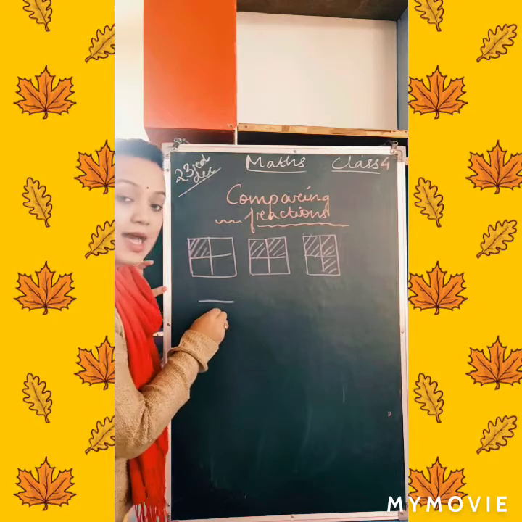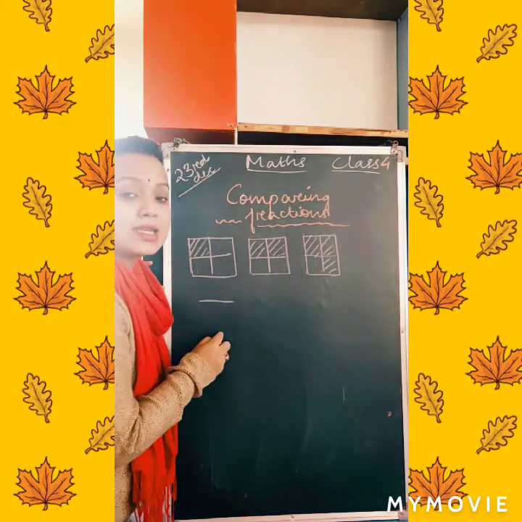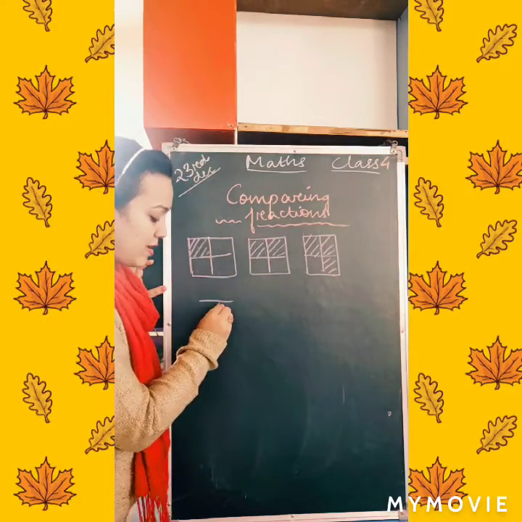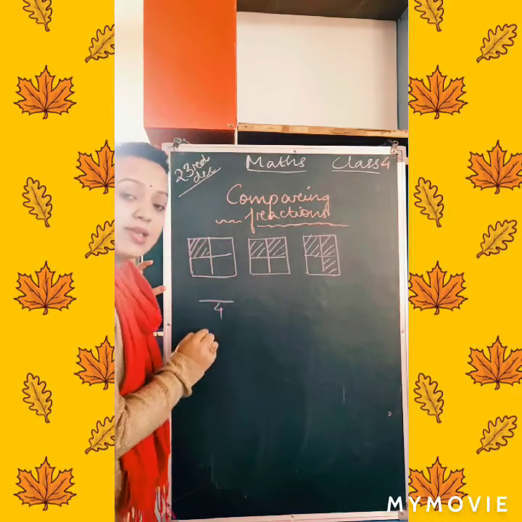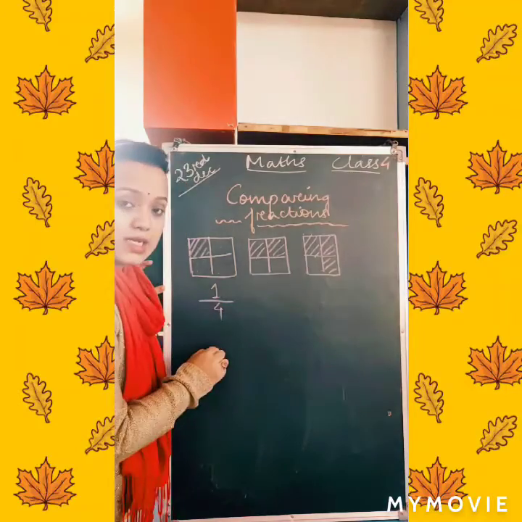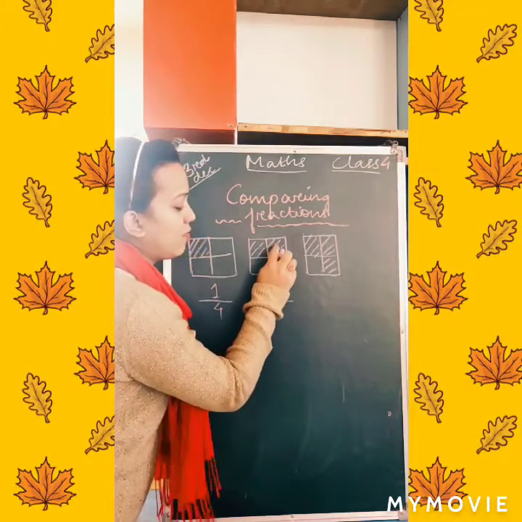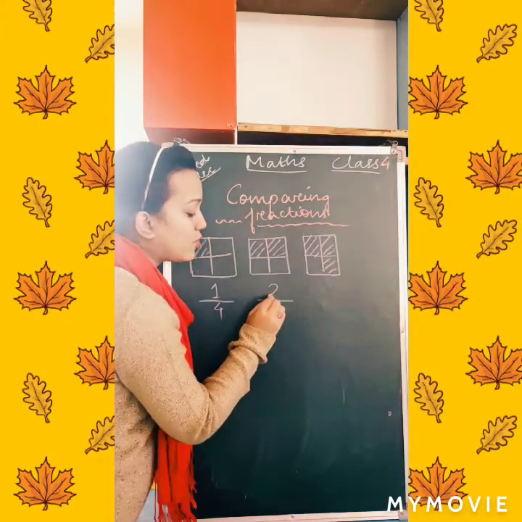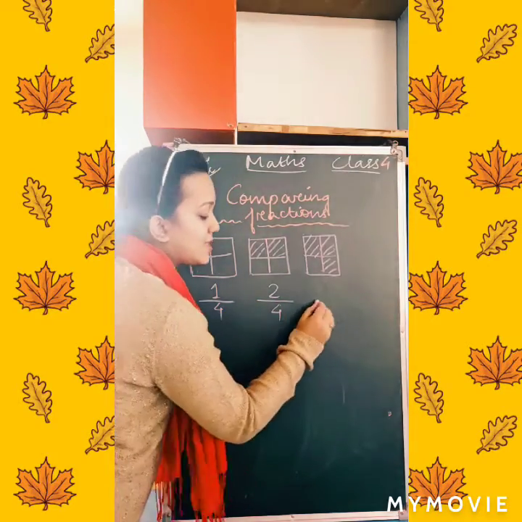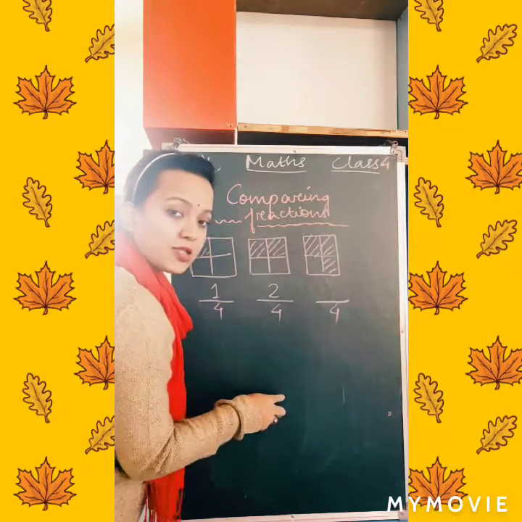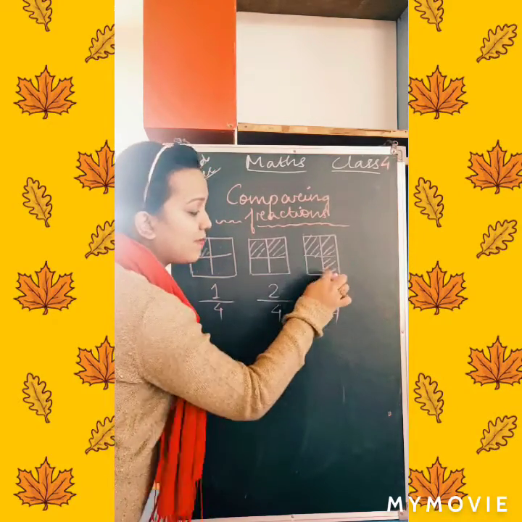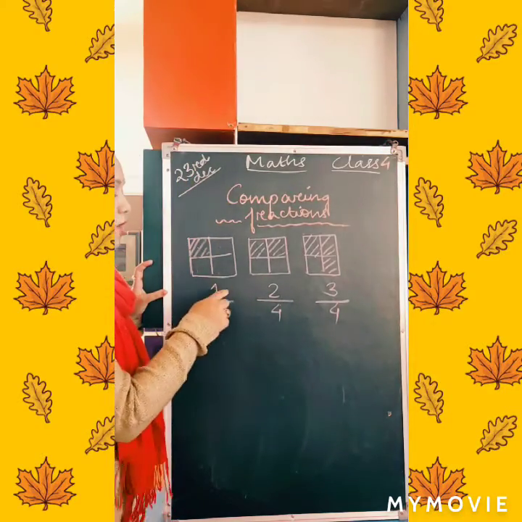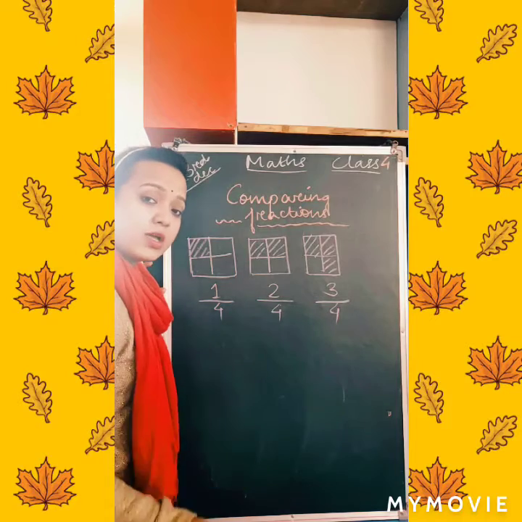First, for the denominator, I write how many parts the entire given diagram is divided into. So, it is divided into 4 equal parts, out of which only one is shaded. So, 1 will be the numerator. Similarly, here 4 equal parts and 2 parts are shaded, so I will put 2 in the numerator. Similarly, 4 equal parts, so 4 as the denominator and 3 parts are shaded, so 3 as the numerator. Okay. Now, all these fractions tell you about these figures only.